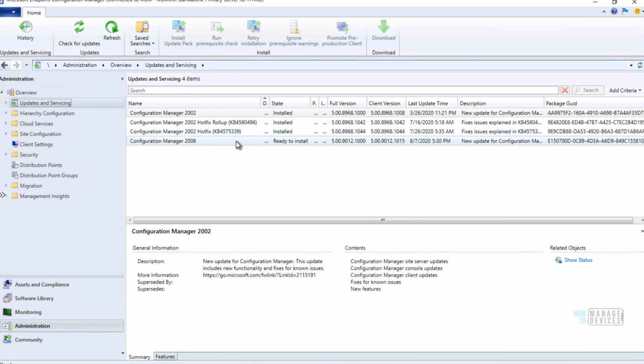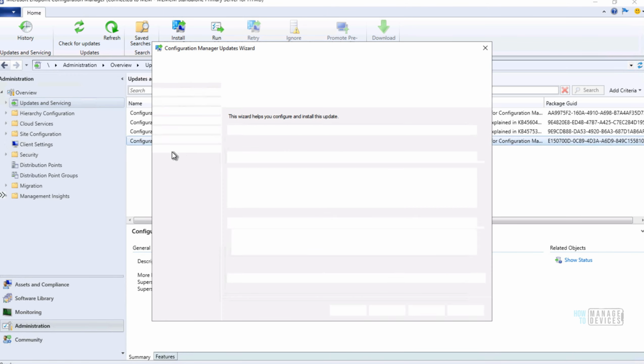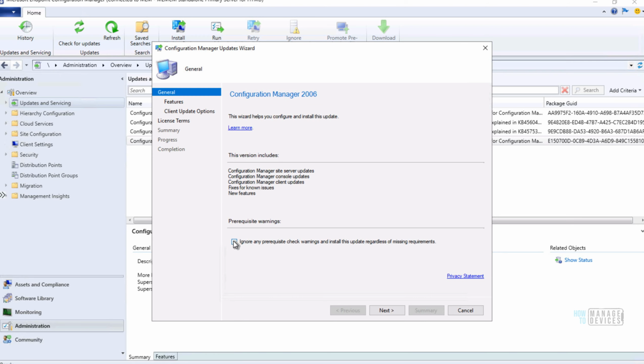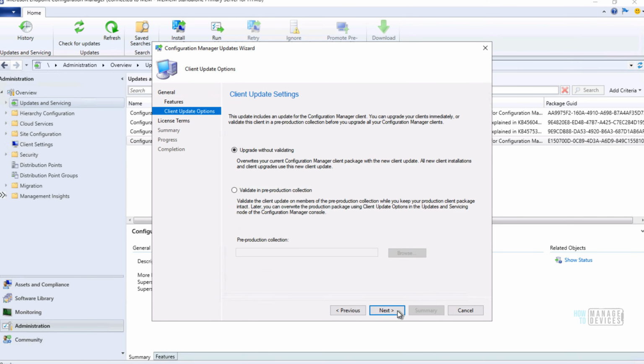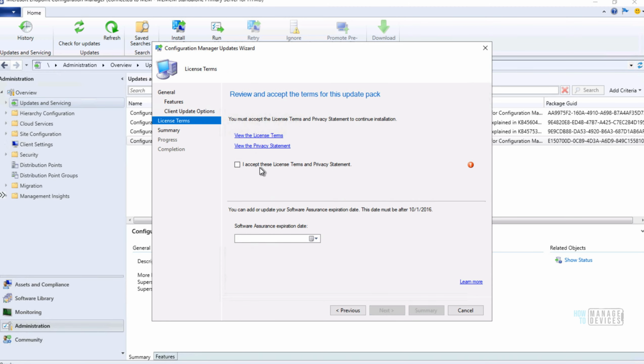Now you can see that the download got completed and we are ready to run the upgrade. In this particular scenario, I'm going to install it directly. But if you are using it in a production environment, then my recommendation would be to run the prerequisite check before going through this wizard.